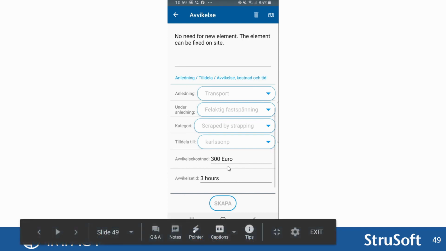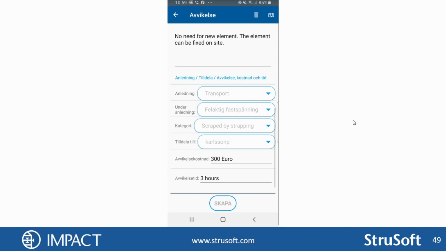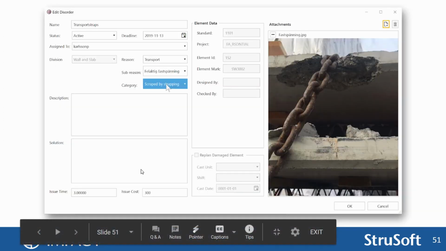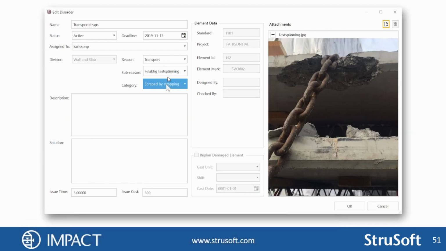How much did it cost? Sorry for that. And you can add the information here, and then you save it, and it will be saved into the database, and to the resource manager you can find all the disorders there. So if you open it up in resource manager, it would look like this, for example. Transport and error with a strapping and scrape by strapping. So if we go back to this picture here,